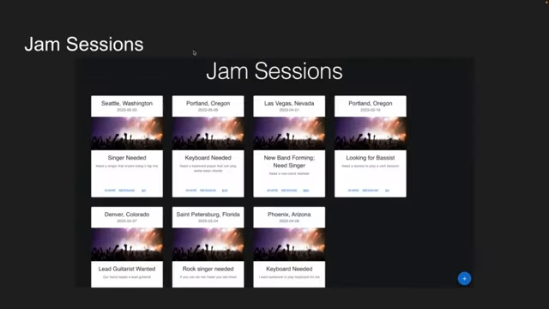For that, the jam sessions here, this is one of the main pages, and as you can see, there's the requirements where you can see the location, you can see what is needed, and a little more details about it. And with that, you can see if there's a price, so sometimes people are going to be willing to pay you for meeting somebody. So hey, like this, you need a singer, and the singer's going to pay $8 per time, which would be a pretty cool opportunity, and I think that would allow a lot of people to be able to play together, which is part of the reason this application is created.